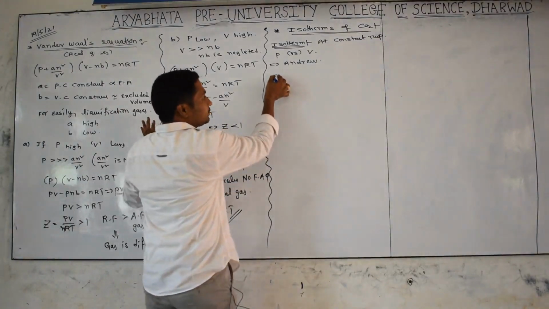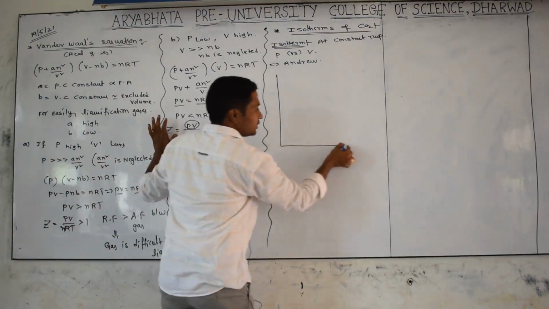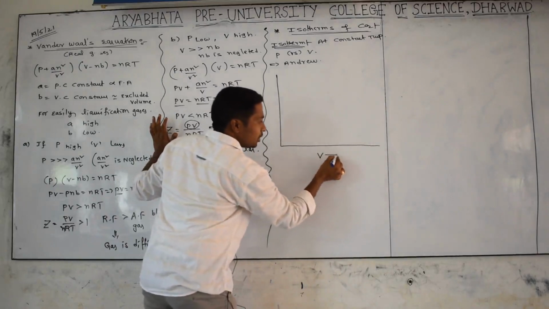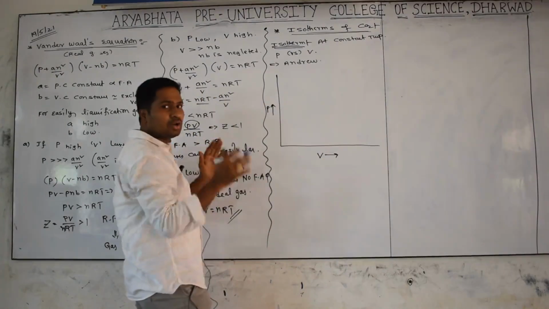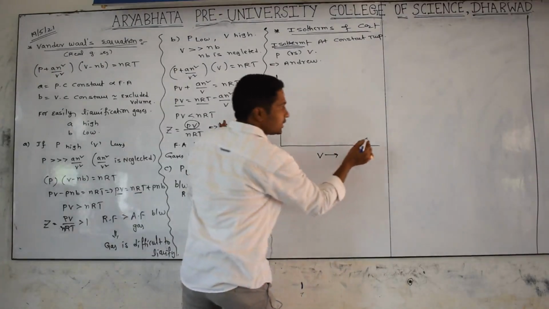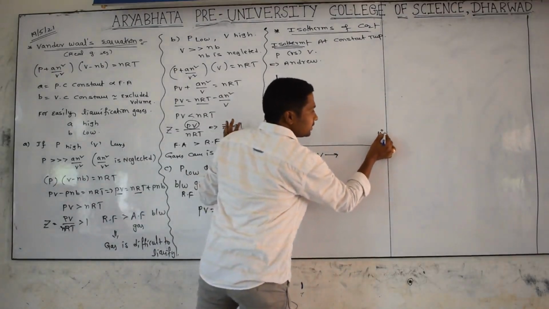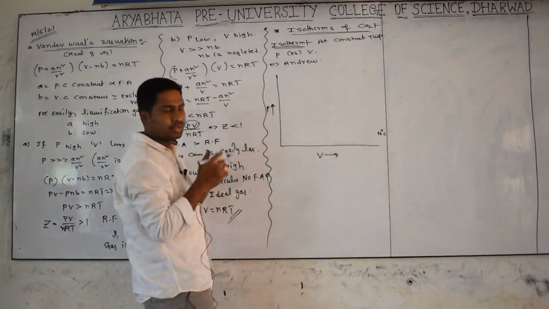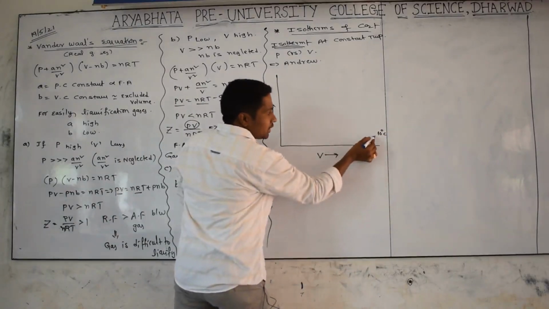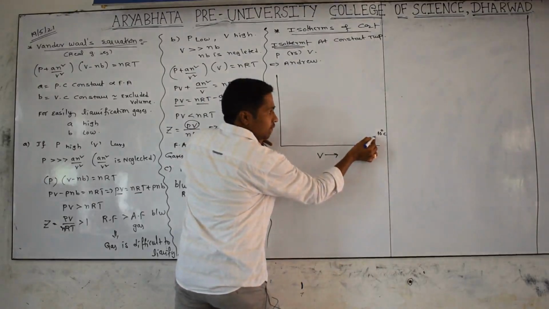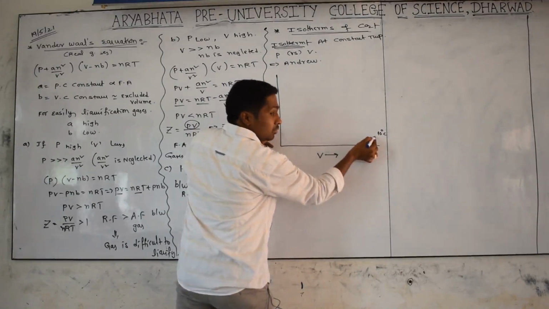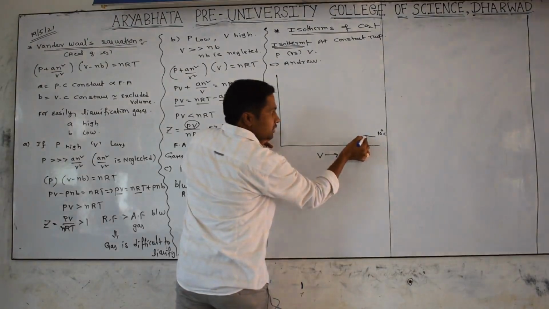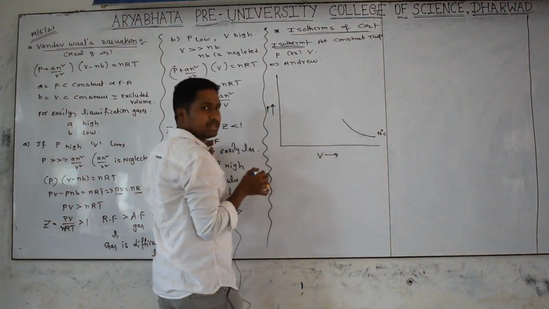You see carefully, we are taking volume on the x-axis and pressure on the y-axis. Now we have some volume of the CO2 gas at 10 degrees Celsius. It's a very important concept. Observe carefully. You started here, volume is very high when pressure is less. So pressure is increasing. What is happening, is volume increasing or decreasing? Volume is decreasing. Why? Because according to Boyle's law, as the pressure is increasing, volume is decreasing.